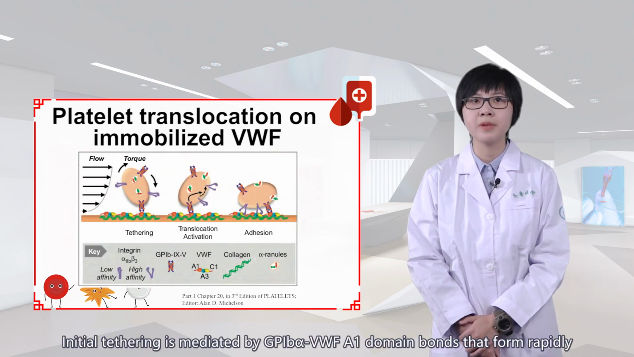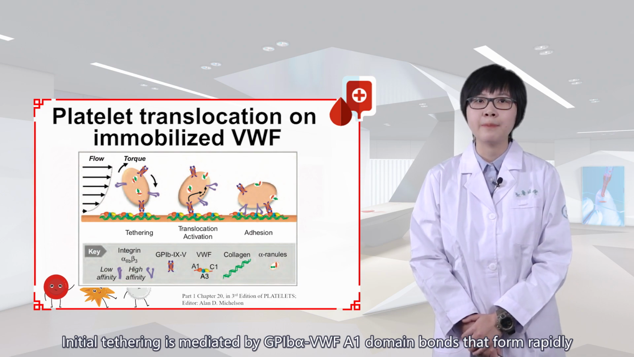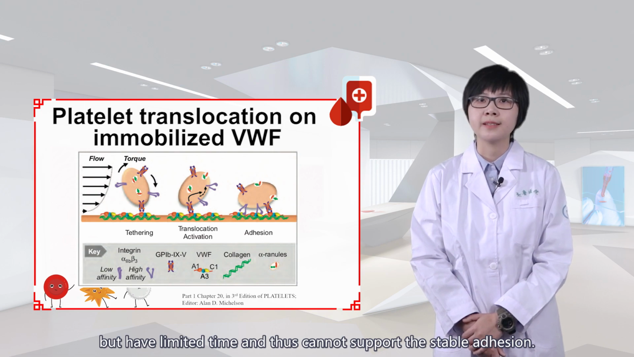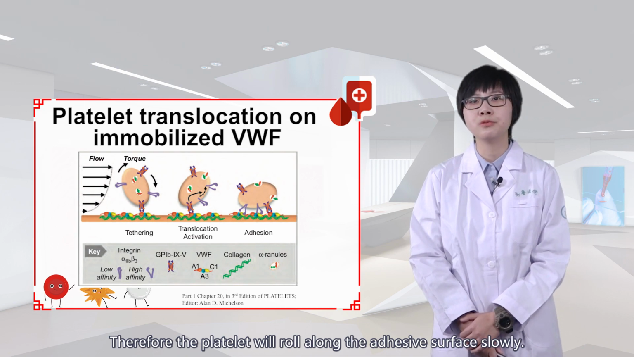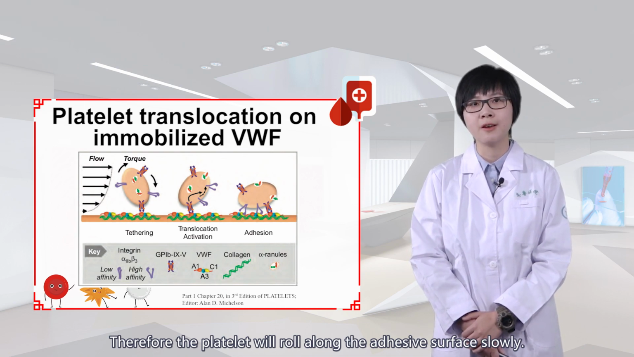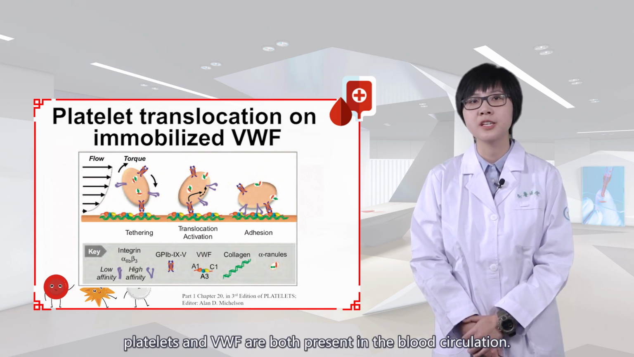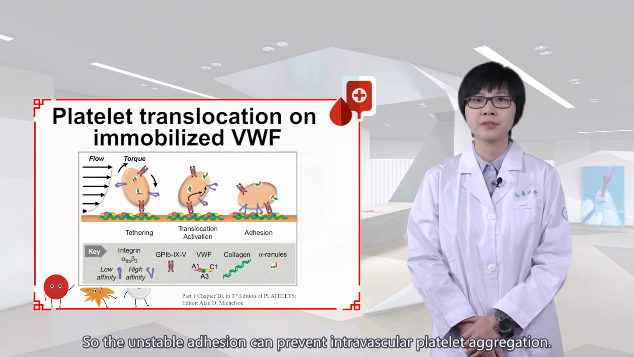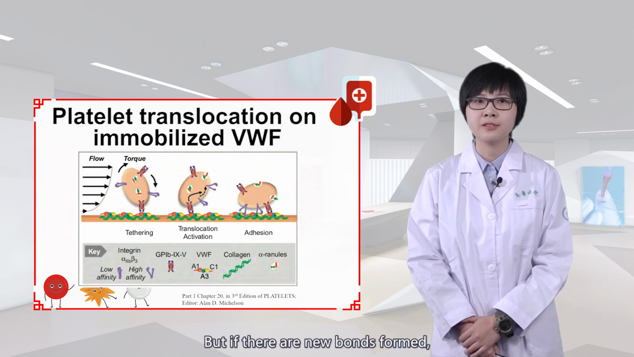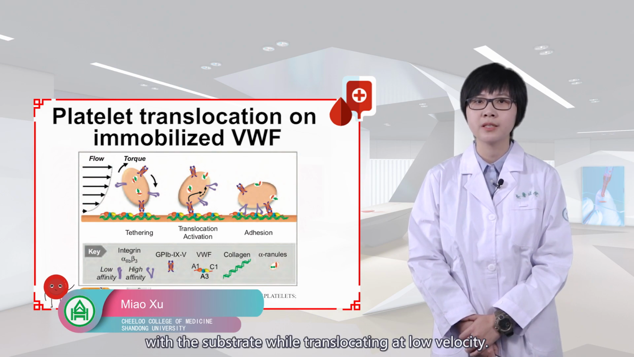Initial tethering is mediated by GP1b alpha-VWF A1 domain bonds that form rapidly but have limited lifetime, and thus cannot support stable adhesion. Therefore, the platelet will roll along the adhesive surface slowly. Because physiologically, platelets and VWF are both present in the blood circulation, so the unstable adhesion can prevent intravascular platelet aggregation. But if there are new bonds formed, the platelet will remain in contact with the substrate while translocating at low velocity,